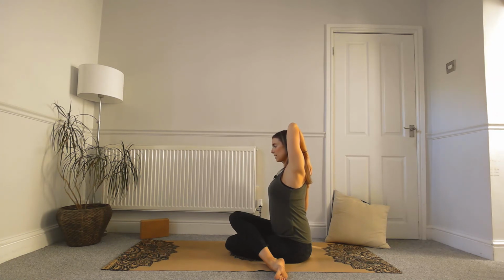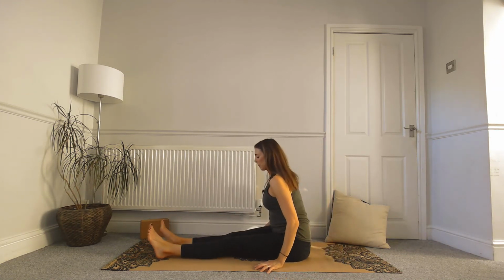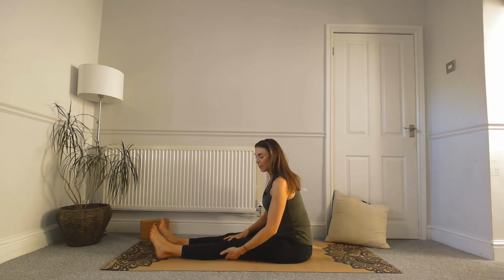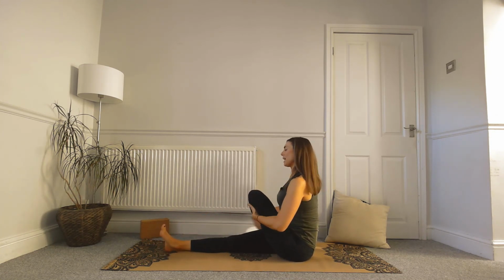And then exhaling to release the arms. Releasing both legs out long. Leaving the right leg out long, take a bend into the left knee. We're bringing the left knee on top of the right knee with the left heel to the outside of the